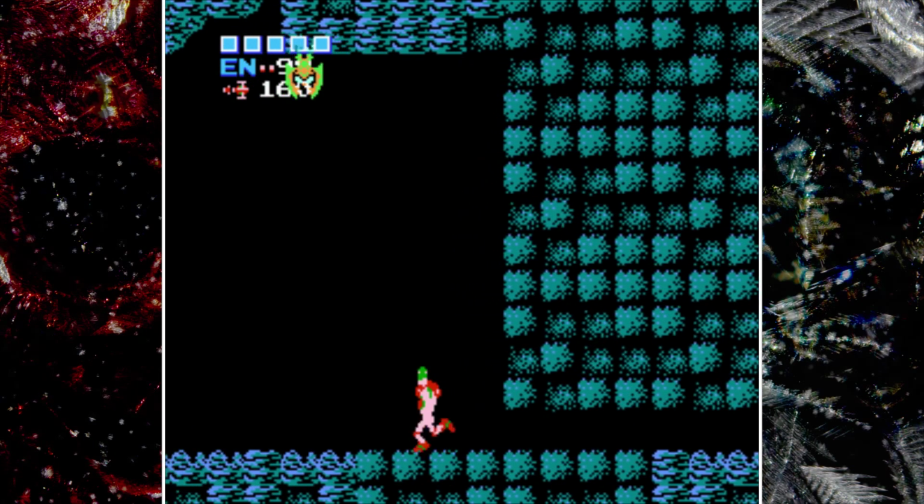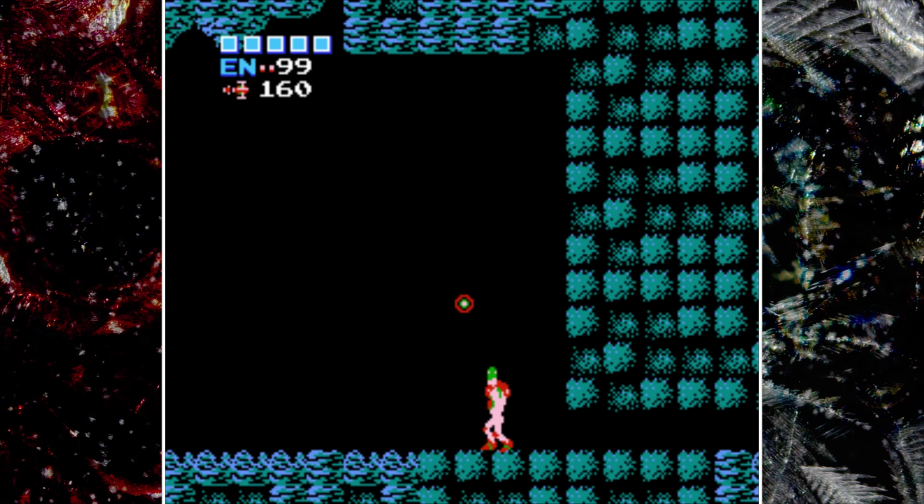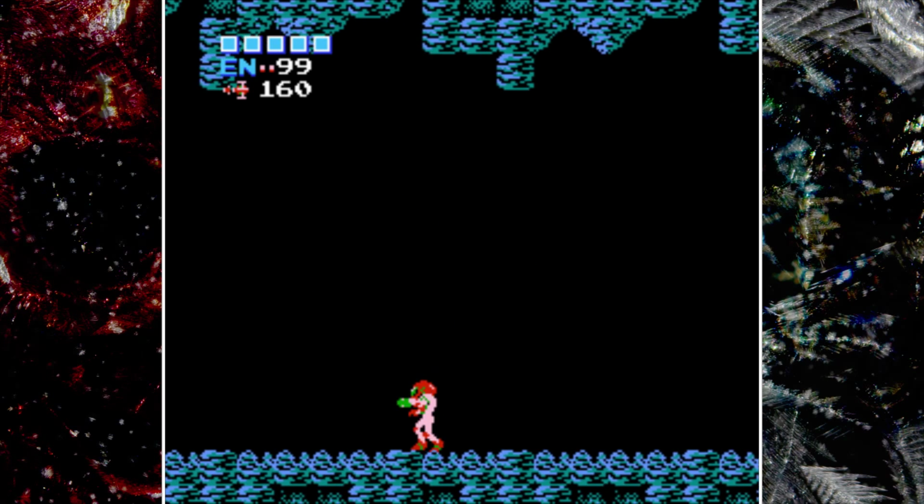Boom. Now we need that Screech Bat. If we freeze it, we can get this energy tank up here, which I can't actually get without the Ice Beam, so...